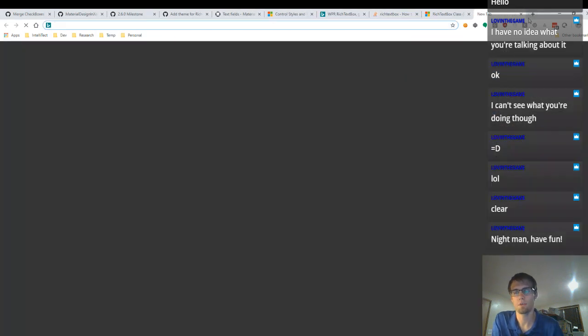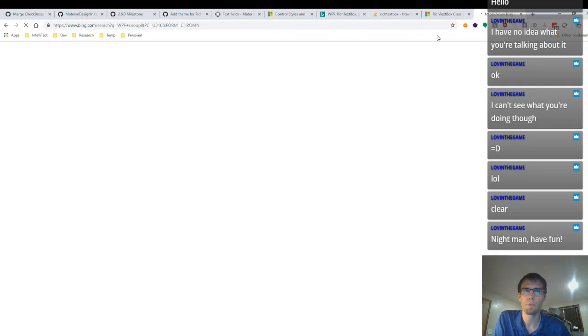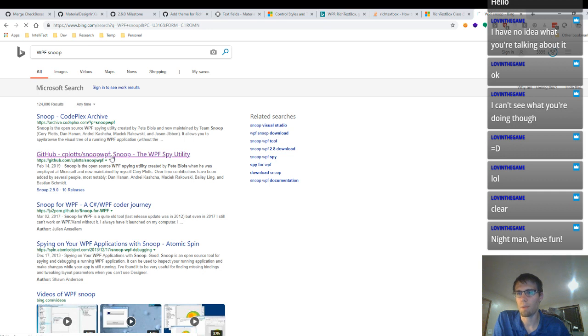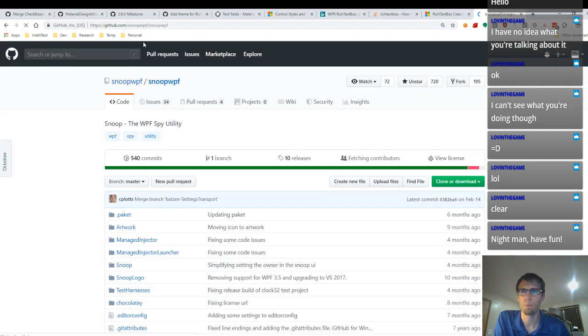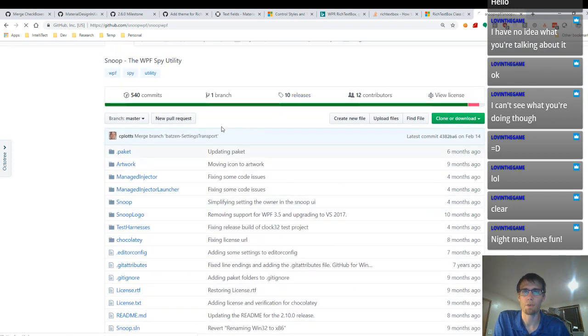So real quick, just a quick search, WPF Snoop. And you can grab it from, I think this one here will forward to the new one. Yeah, so the link on Bing is old, but it's being forwarded. It's now under the Snoop WPF org, and you can just grab it straight from their releases page